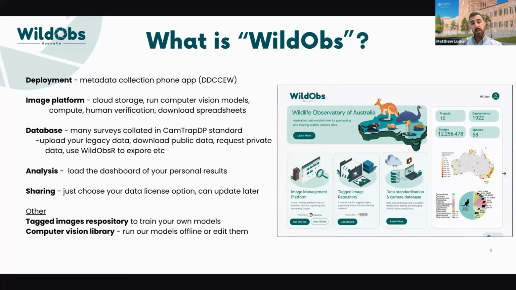Then you're going to download your spreadsheets and you're going to do that in the CamTrap DP standard, which means you're already set up to share data because it's an international standard. So we have a database where you can contribute data. So if you have legacy data, we provide a portal with a questionnaire that allows you to convert your data into the standard really easily. And then it allows you to identify where camera trapping has been done. So you can request private data, or you can download directly public data, and you can do that through our